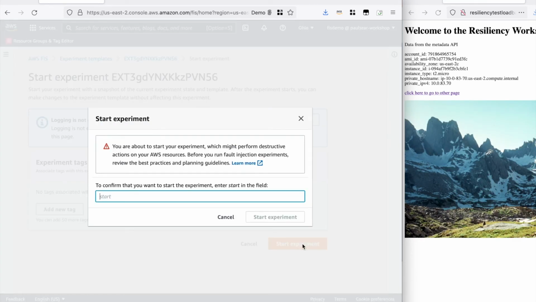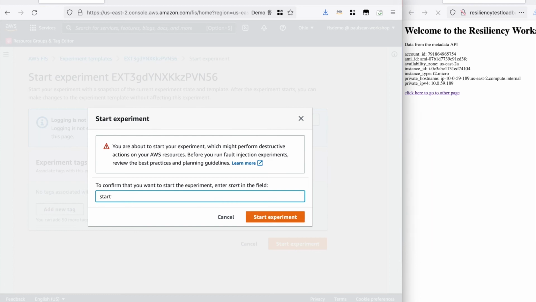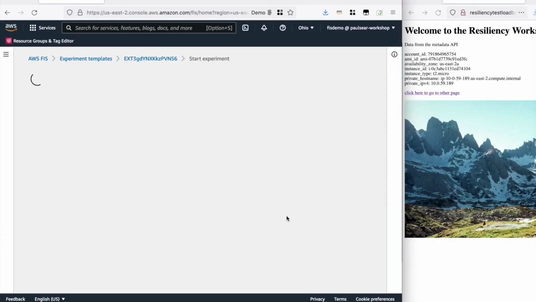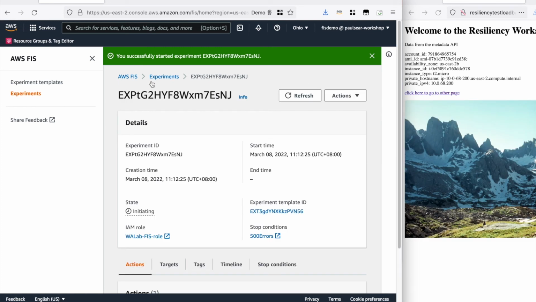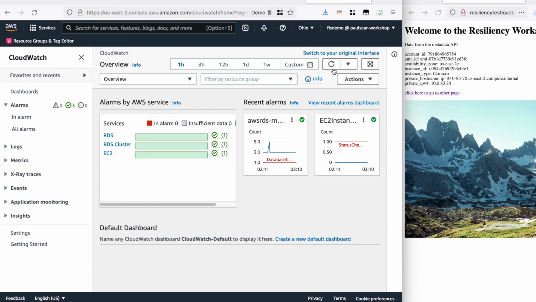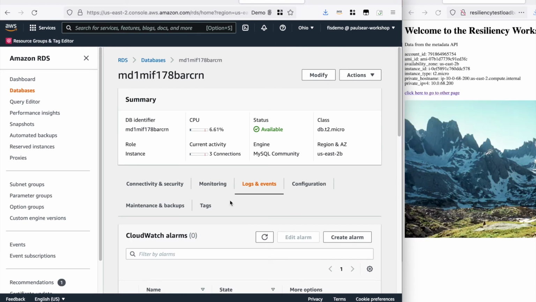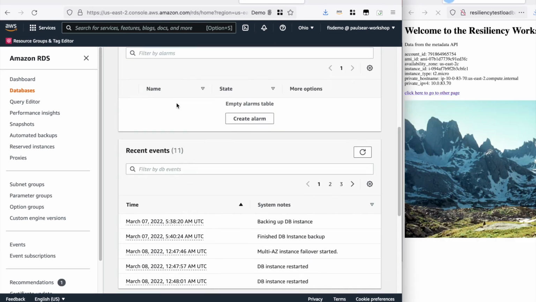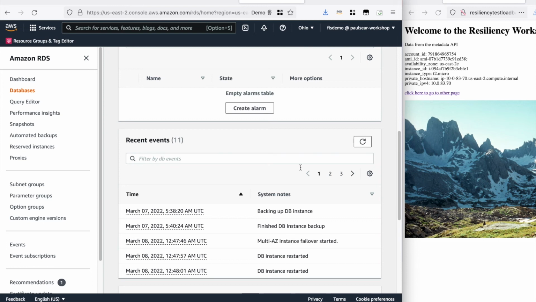In the second experiment, I will force a reboot of the database server, and I will force a failover to the backup instance. Our hypothesis is that the steady state will remain and the website remains available. Let's see what happens. Will this be the case as it was for the web servers? While the experiment is starting, I check for any CloudWatch alarms and I look for the status of the database